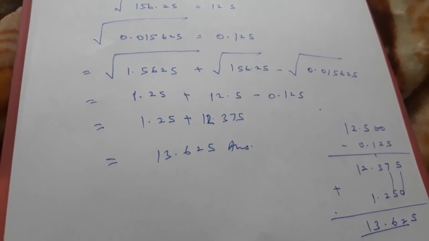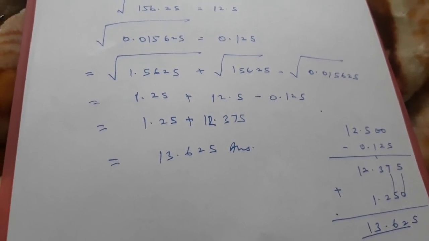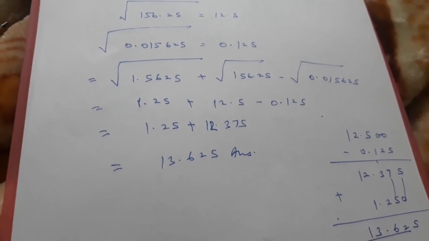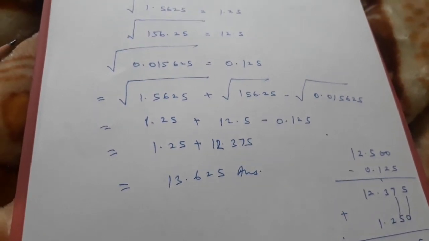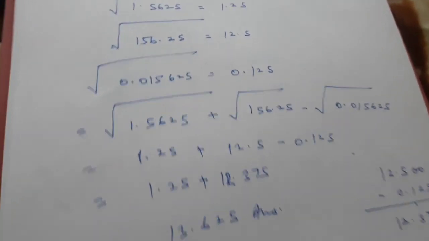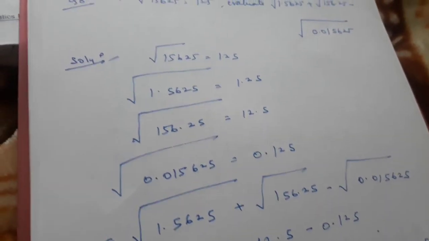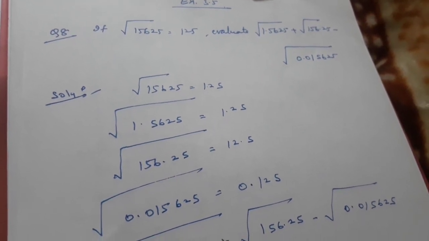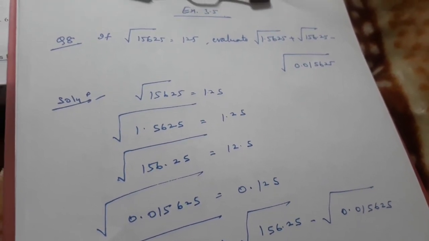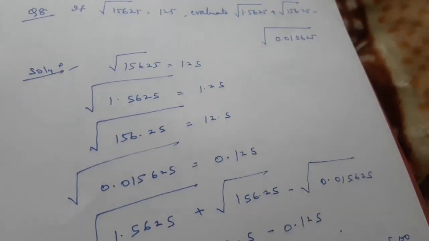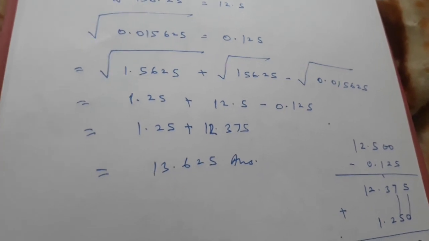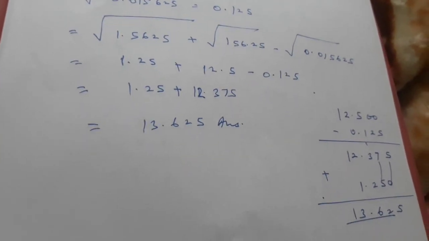So I hope all the questions from question number 1 to 8 are very much clear. If there is still any doubt, you can ask me by writing into the comment box. I hope the whole exercise is clear. In my next video, I'll be solving the whole exercise 3.6 of square and square roots, and after that I will take algebraic expressions as my next chapter.